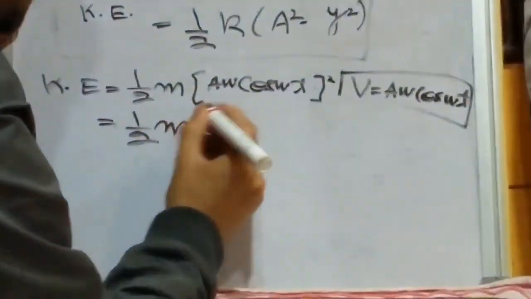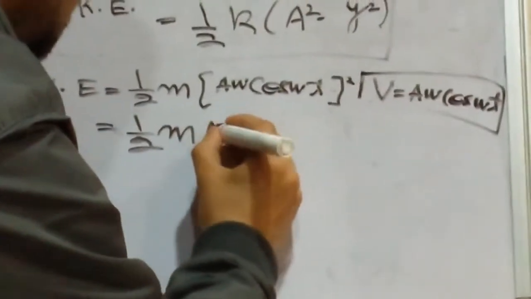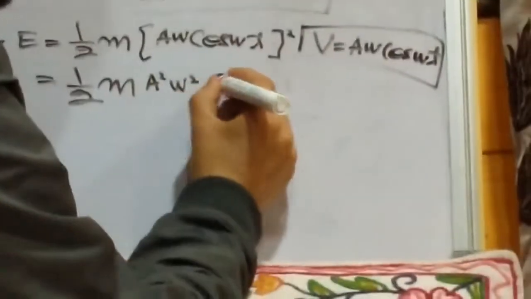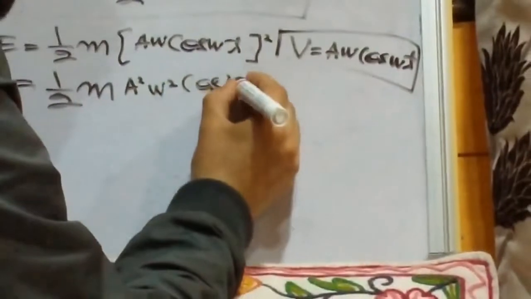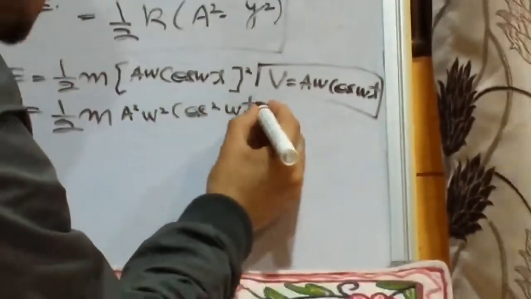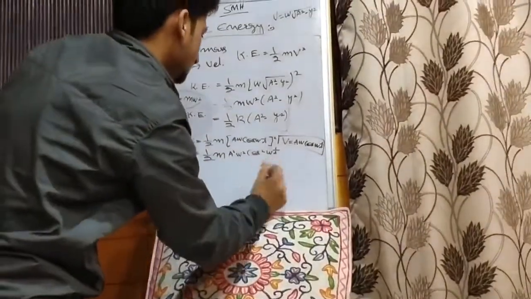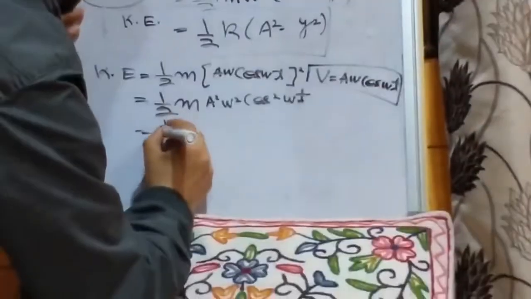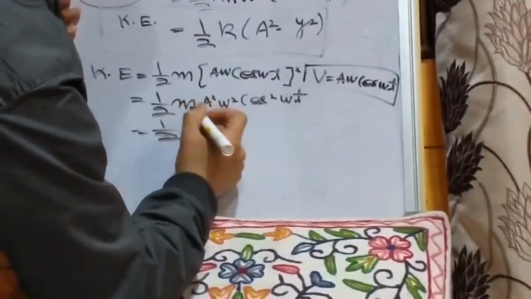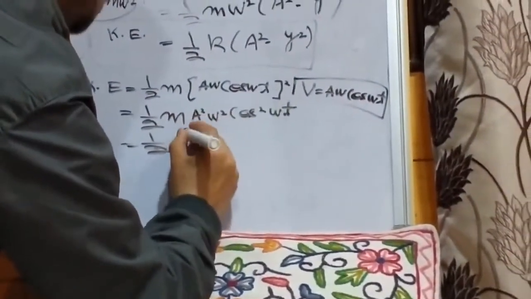So this will be equal to 1/2 of m a square omega square cos square of omega t. So this will be equal to 1/2 of m omega square, that is equal to k